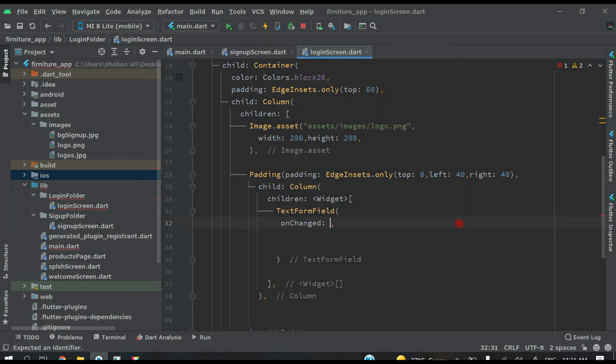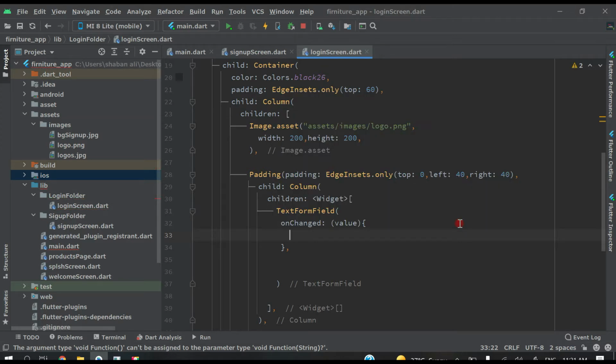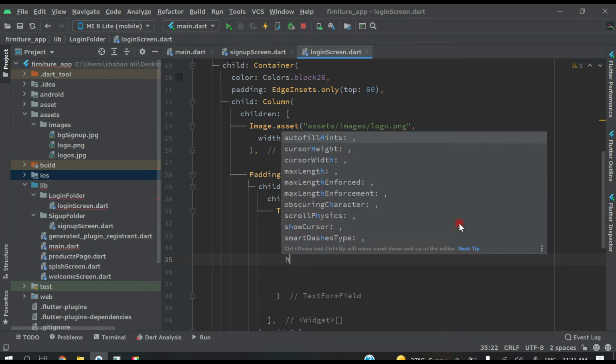So onChanged, open bracket like this, and here write value, and inside this we will write emailController.text equal to value like this, and after that hint text.